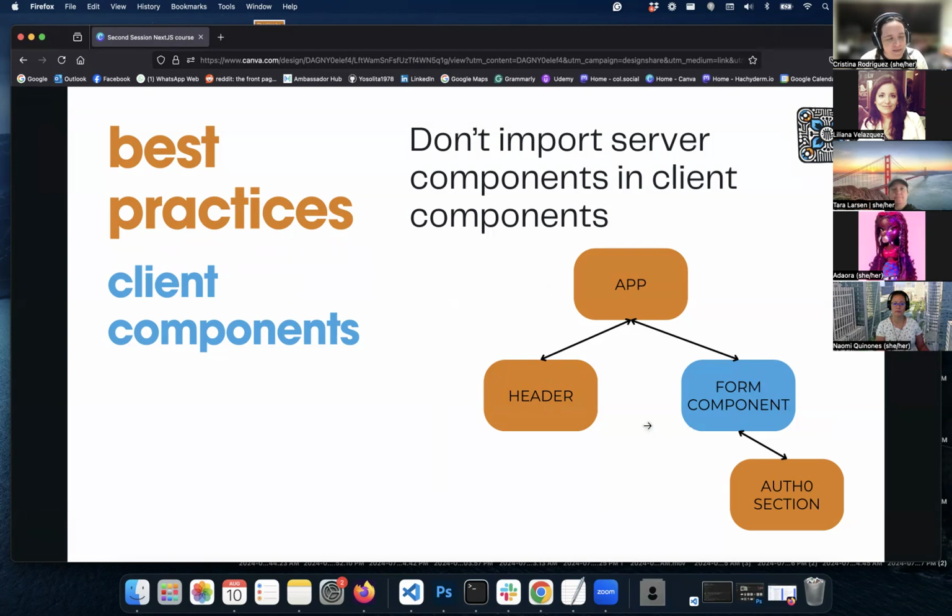This is a best practice, and they ask you not to do this, but the framework itself doesn't throw an error if you do. It doesn't tell you anything. So it's up to you to check that you are not doing this, because the framework itself will allow it. It's just that this could create a bunch of errors on the data fetching,